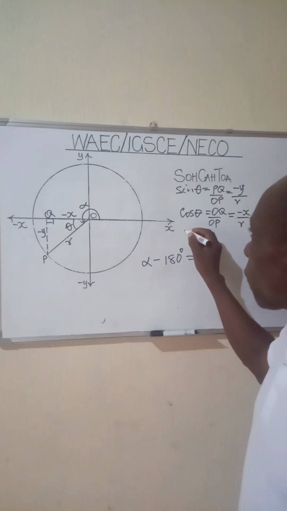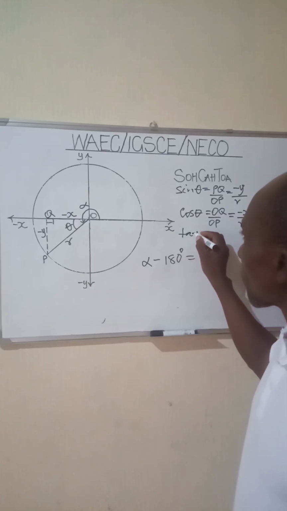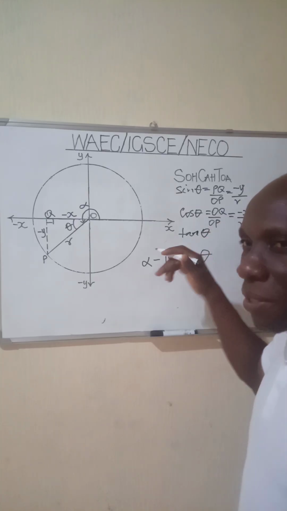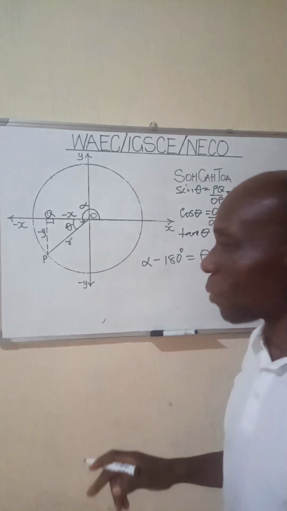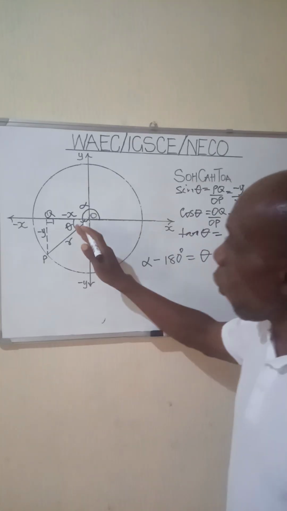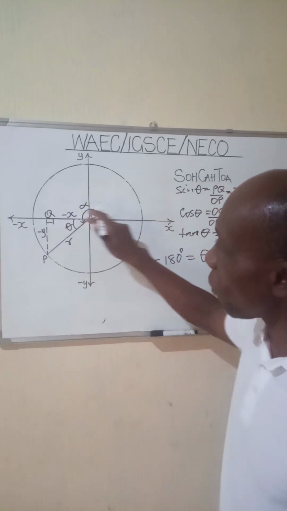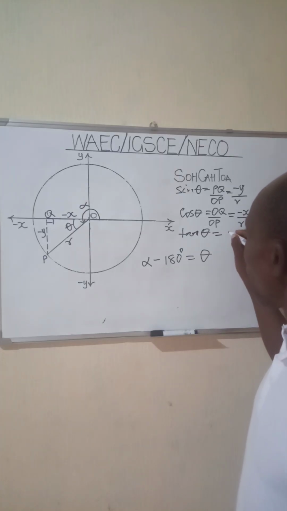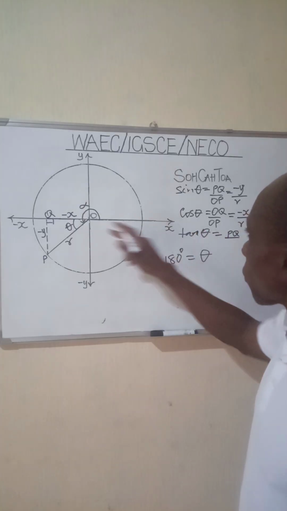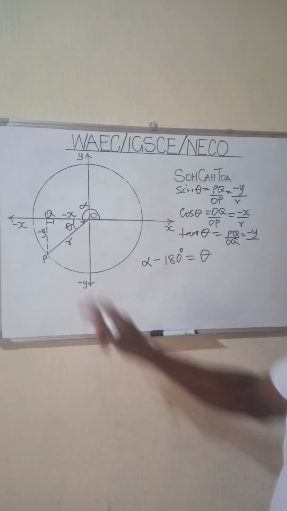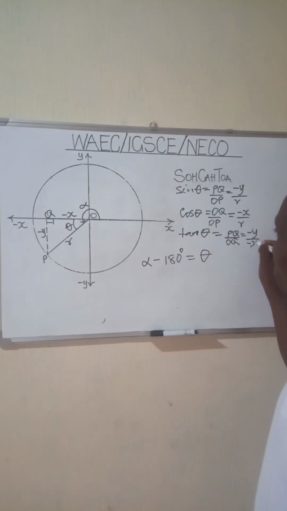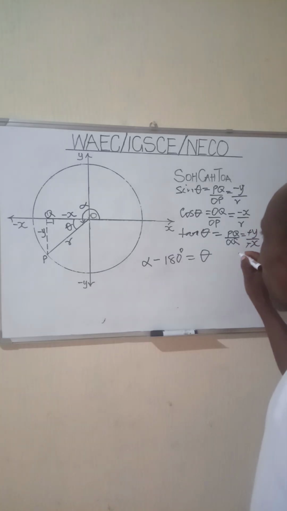And lastly, we go for tan theta. Remember, we are using theta to get the trig ratios for alpha because alpha is bigger than what is listed in the trig tables, okay? So we go tan, opposite over adjacent. That will be PQ over OQ. And what's PQ? PQ is a minus y. What's OQ? OQ is a minus x. So you discover negative divided by negative, okay? The negative sign simply does away, leaving us with